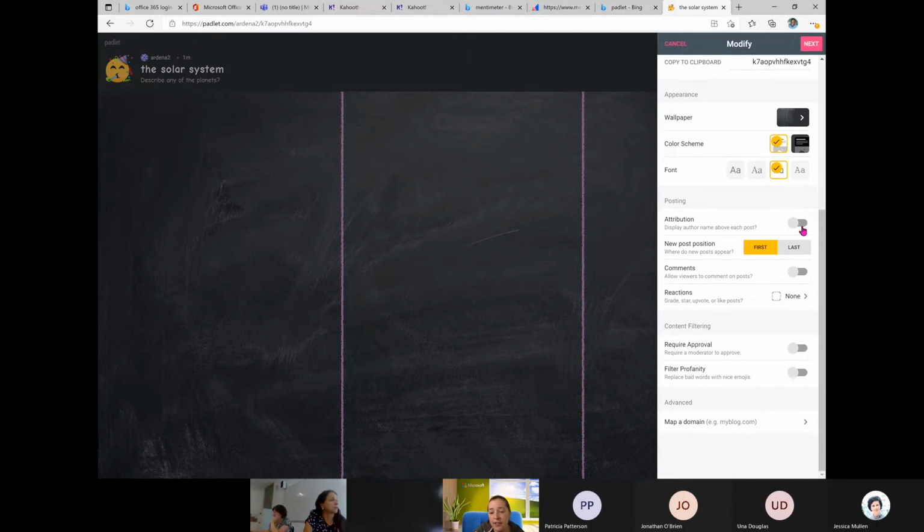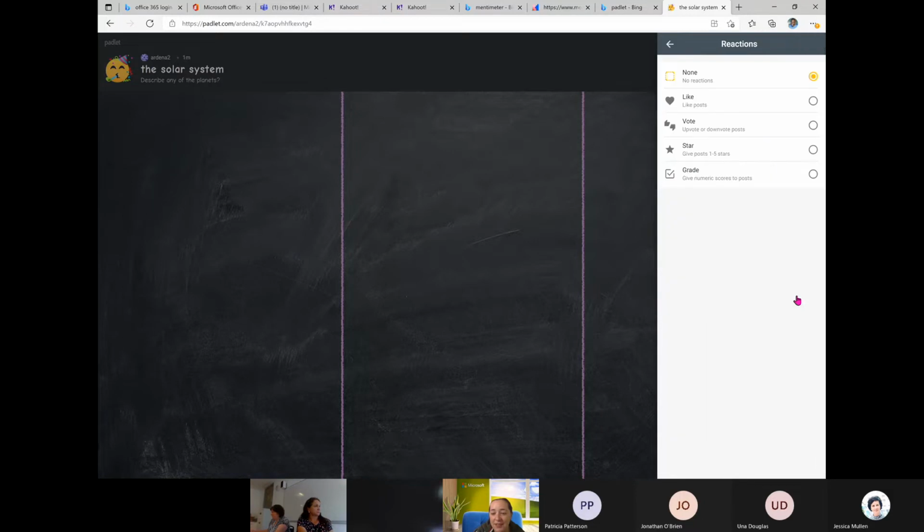So again, that's something that you want or you don't want to have in your classroom. Where does the new post appear? If you want the new post to appear at the top, then you put it on first, or if you're looking for them to build up, then they can appear last. To make things a little bit easier to see what's coming in new and keep it relevant, I tend to prefer first. I generally don't bother with comments just because of students being students and sometimes not as nice